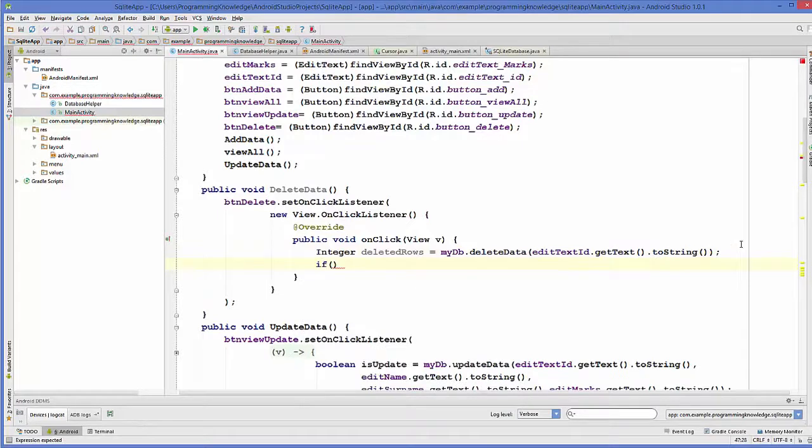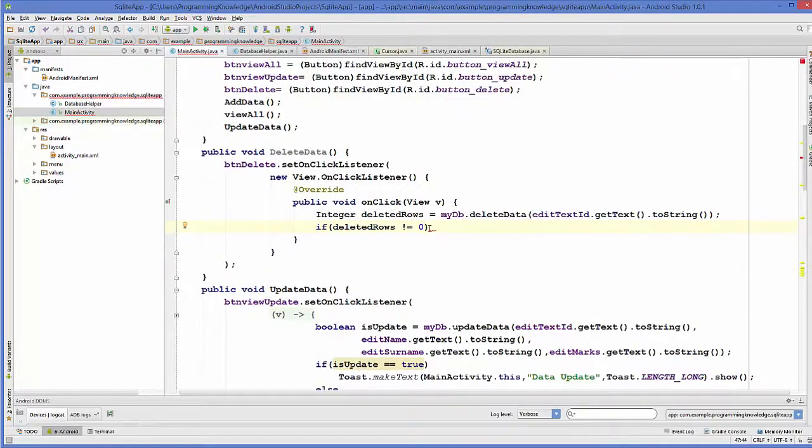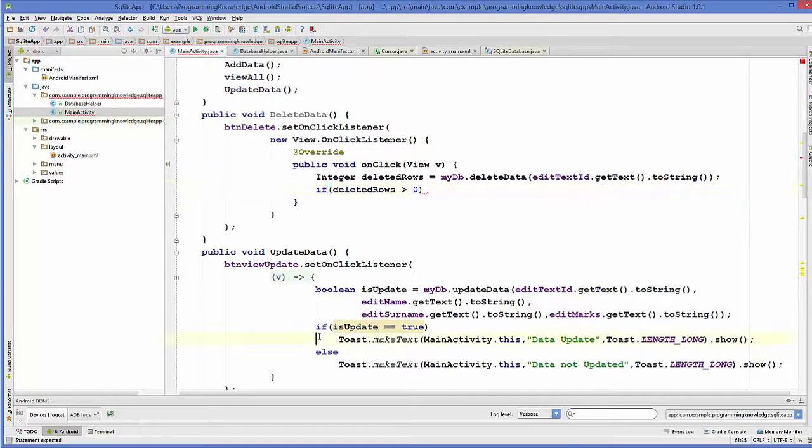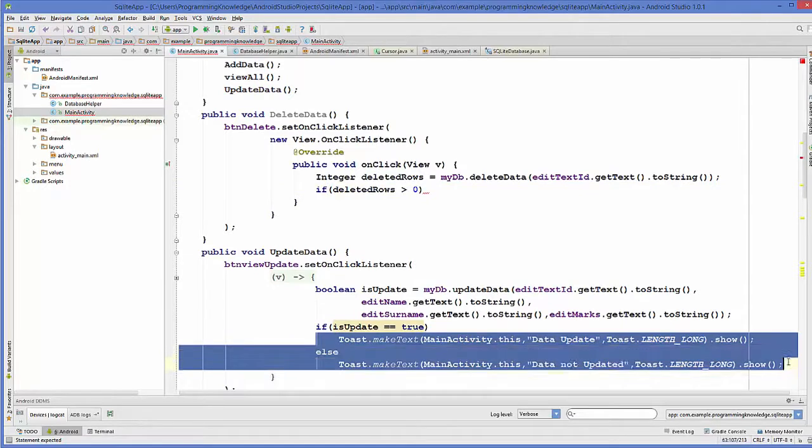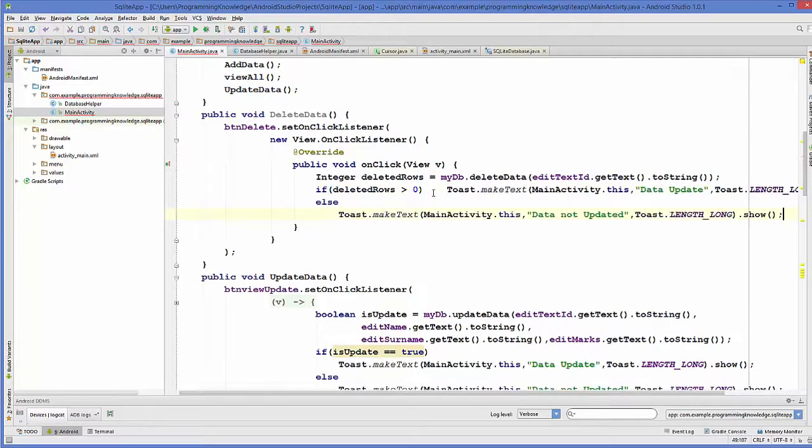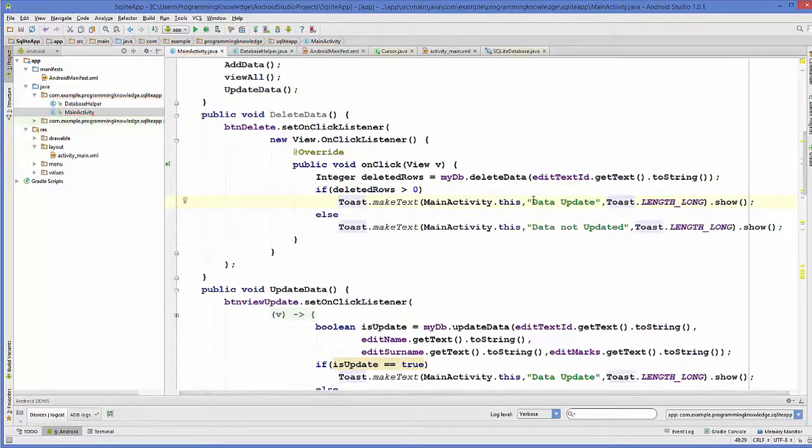If deleted rows is not equal to 0, that means some rows are deleted, or better, greater than 0. If this is greater than 0, I will copy this to save some time, and we create a toast which will show the message like this: